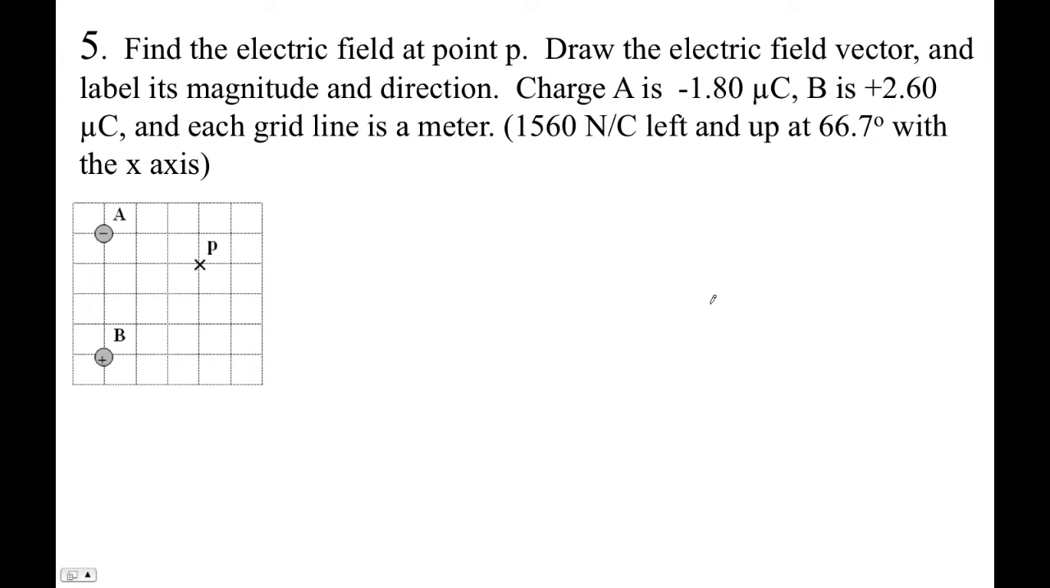All right. Find the electric field at point P. Draw the electric field vector, label its magnitude and direction, right? Charge A is negative 1.8 microcoulombs, B is positive 2.6 microcoulombs. Each grid line is a meter. Okay, so the first thing to do, your first step, and the first step is the most important step,